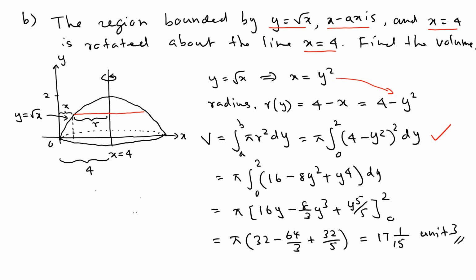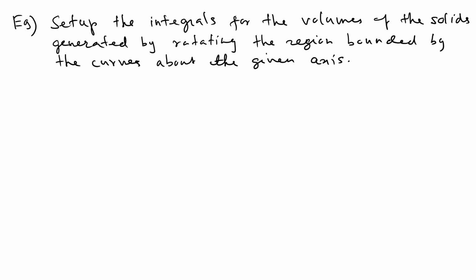Okay, so that's how we do a problem with a different axis. Now, as the final part, we're going to set up integrals. I'm not going to simplify the whole integral, we just set up the integral for the volume. So let's do that now. You don't evaluate, you just set up the integral, because those integrals can be really complicated. Set up the integrals for the volumes of the solid